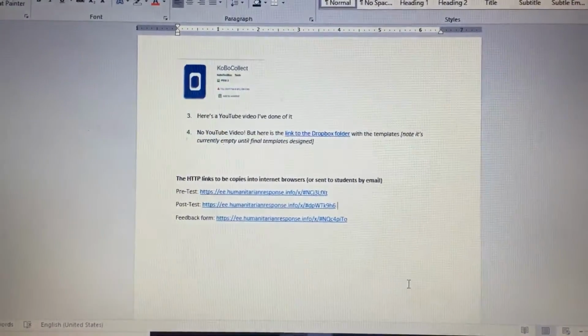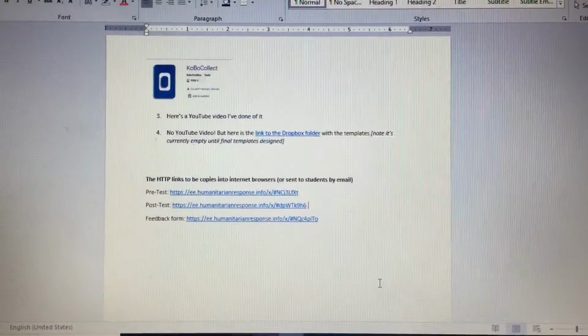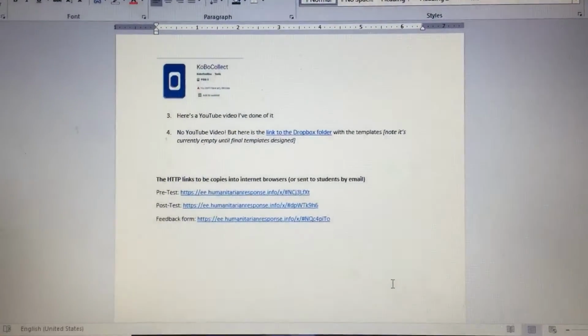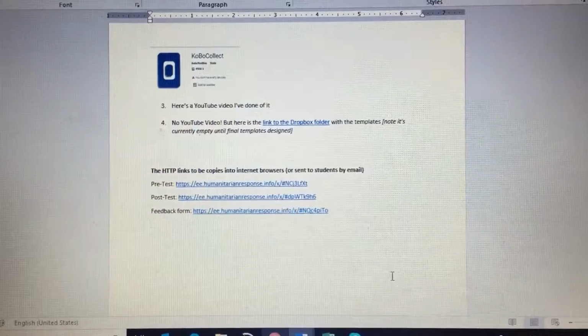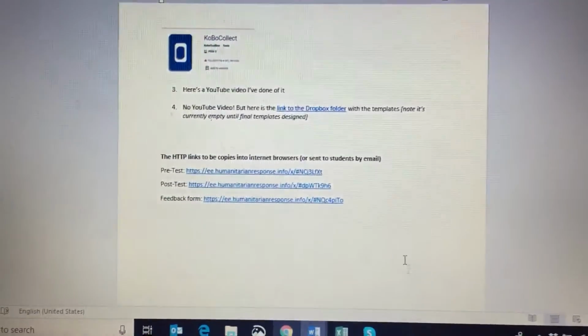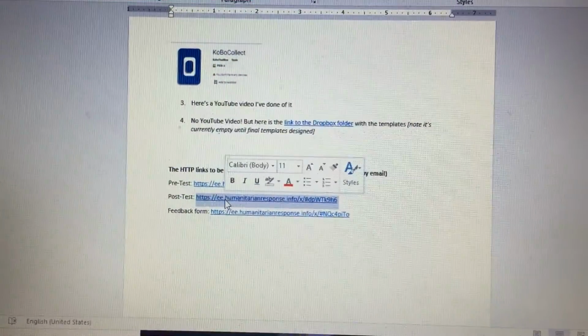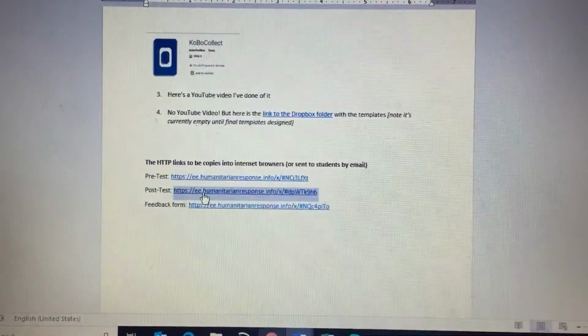Morning all, I'm just doing a quick video to show you how to use the Kobo toolbox in order to collect the forms for the pre-test, post-test and feedback form for the trainings. So I've sent you this document here. If you go, for example, and get one of the HTTPS links